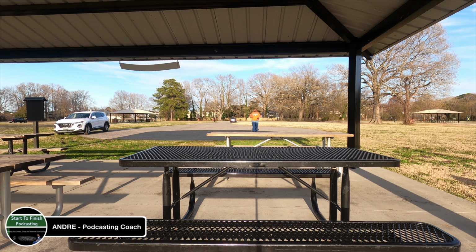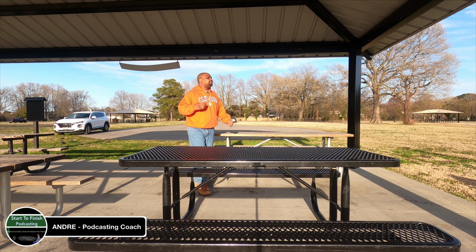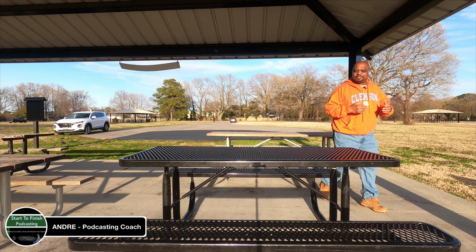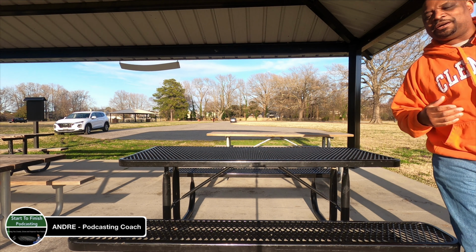You can connect it to your computer. You can connect it to a GoPro like what I have it connected to. It connects to just about everything that has a 3.5 millimeter jack. So you'll hear a different sound. Now it's kind of echoey because I'm under this, so you'll hear an echo. I'm going to try to do this somewhere else, but